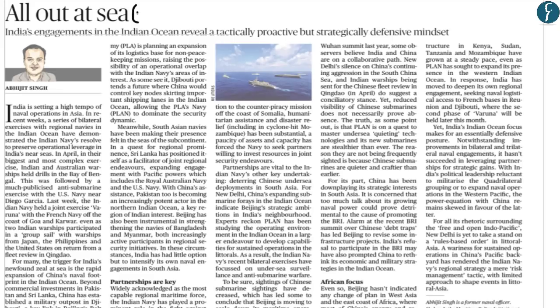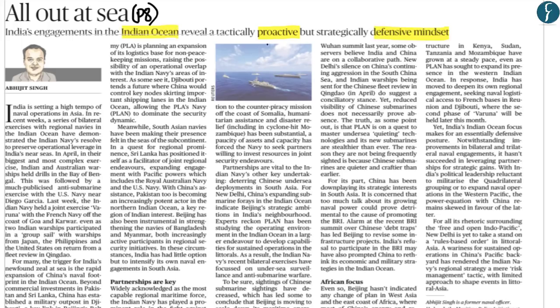Now we have taken this opinion-based editorial from the editorial page on page 8. Now the main focus of this editorial is quite small, whereby the author has been saying that India has been proactive within its engagement in the Indian Ocean, but has also shown a defensive mindset with regards to its engagement within the Indian Ocean.